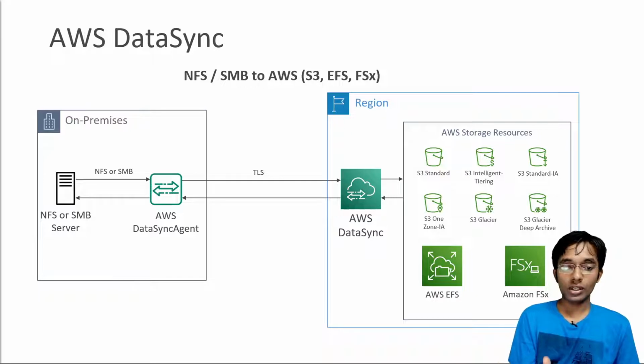Then there will be a secure encrypted TLS connection between the agent and the service on AWS, and with a schedule. Okay, so not continuously but with a schedule. It will replicate data either into Amazon S3 and the different storage classes, or Amazon FSx. And so remember in here that the key is